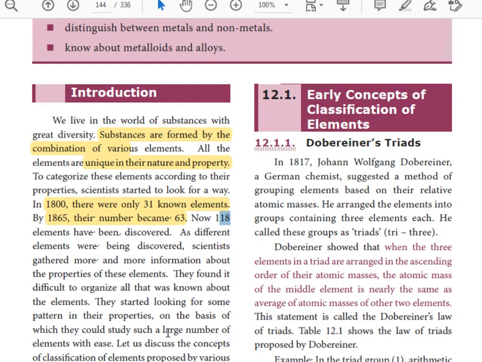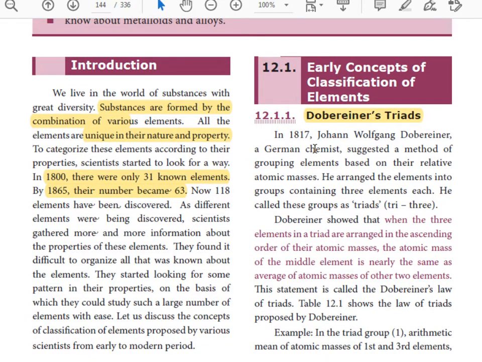So various concepts were proposed. Here we are going to discuss the concepts based on the classification of elements. The very first method is Döbereiner's triads. Johann Wolfgang Döbereiner, a German chemist, in 1817 proposed the very first arrangement of the elements, that is how to classify the elements,